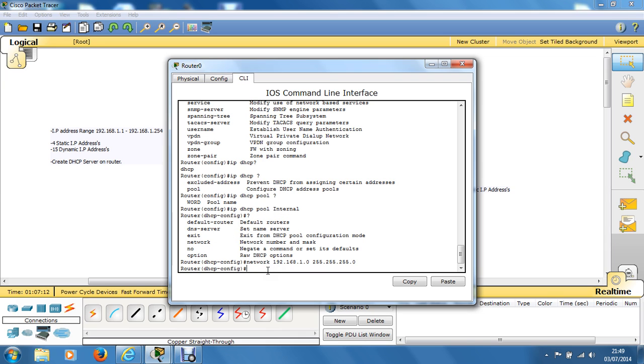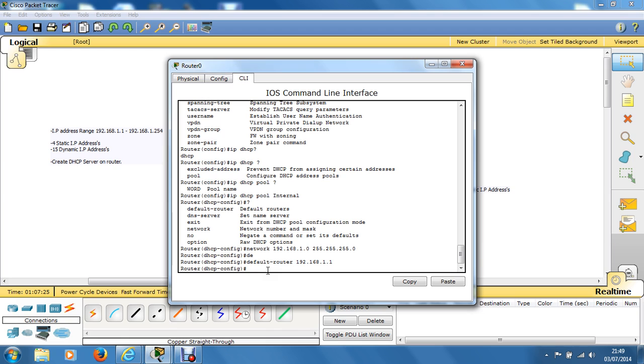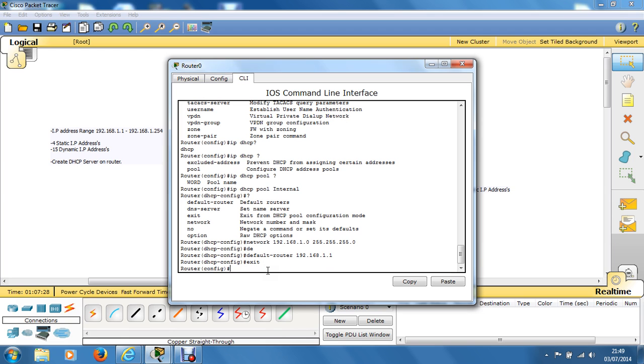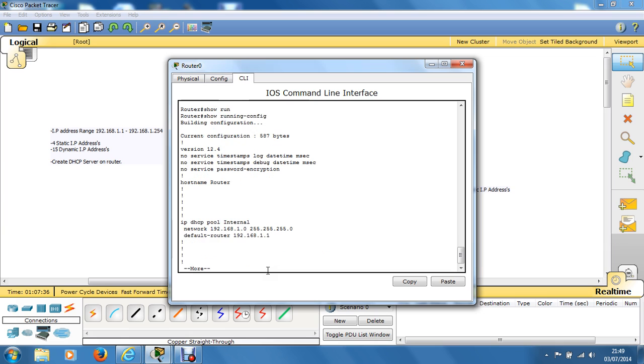So if I say default router 192.168.1.1, we're telling it that anything connected to that, send out an IP address in that pool range. Enter. If we exit, press enter, exit again, go to privileged exec mode, and if we do show run, and